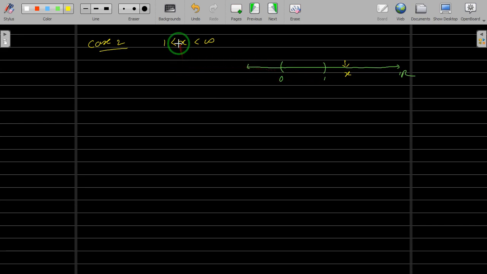My claim is this is not a limit point. That means just by looking at this diagram also you can say that there exists r such that ball around x of radius r intersection with this set will be empty. Okay, but you have to give the precise r. What will be that r? What r you will take?